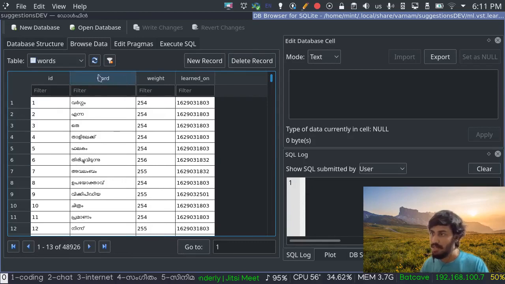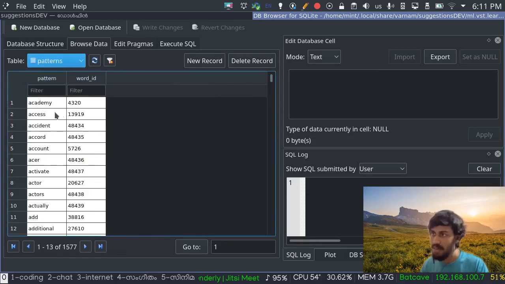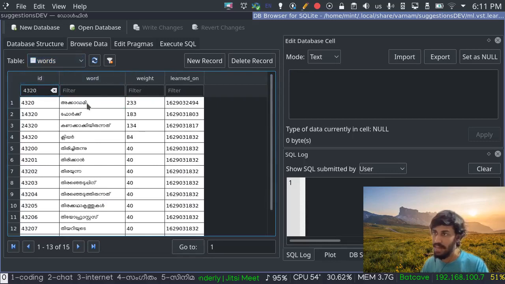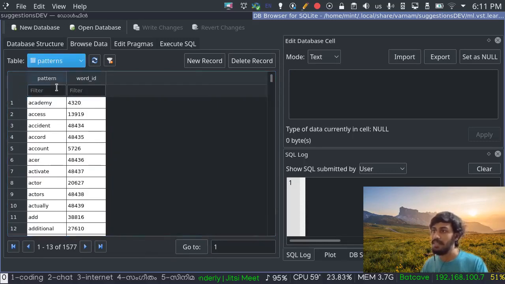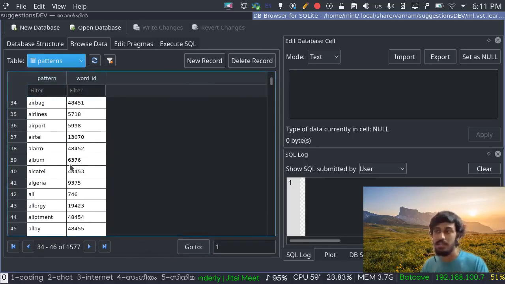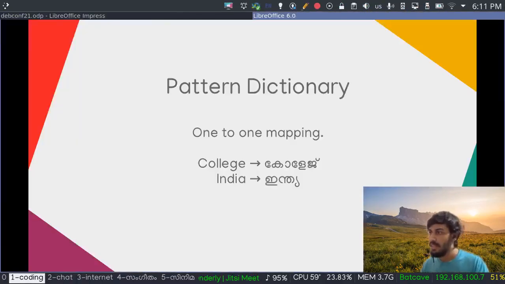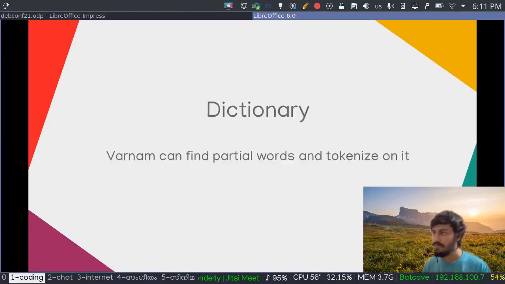And what else? Patterns dictionary. The patterns would have all words assigned to one. So academy will have a word assigned. It should be 4320. Let's search that word here. 4320, academy. So by each word, all these English words will be included in the patterns table. And that would be a one-to-one mapping of college and India and so on.